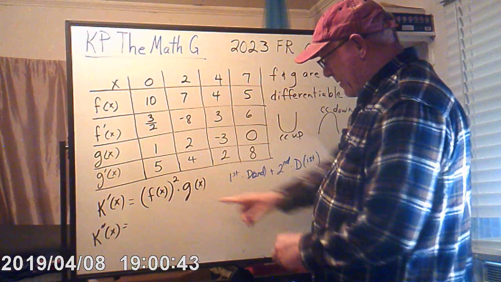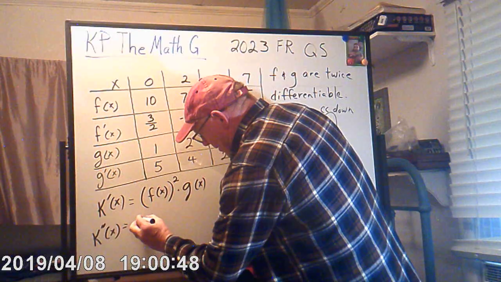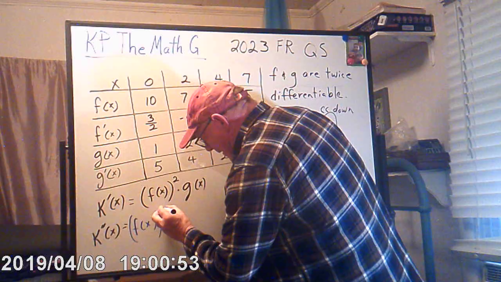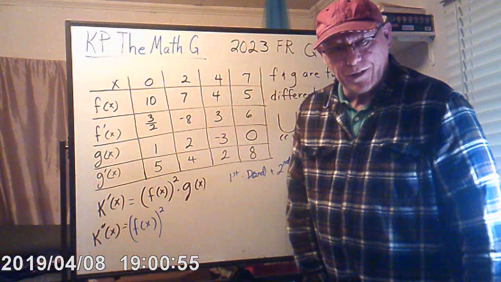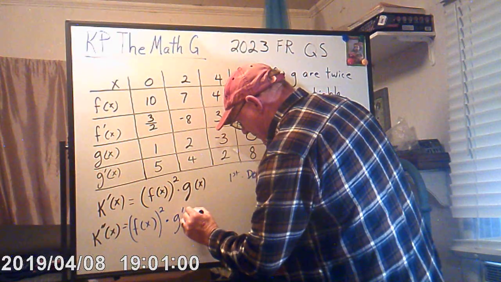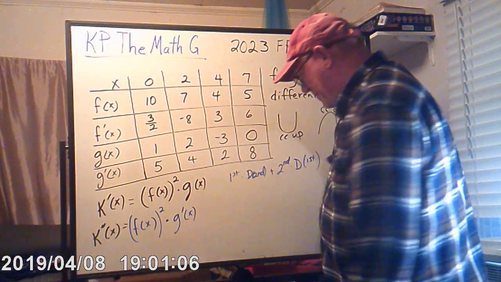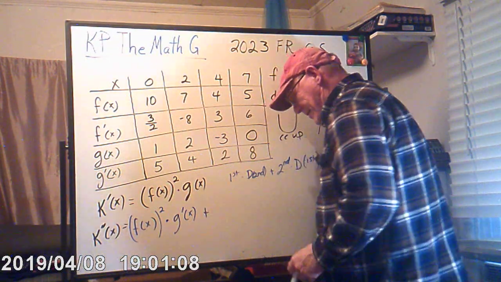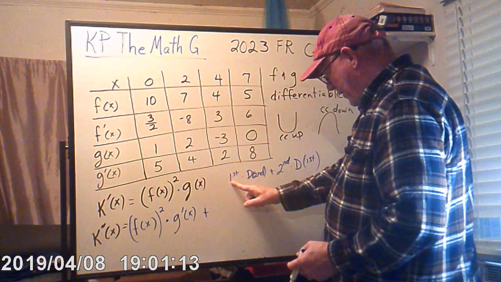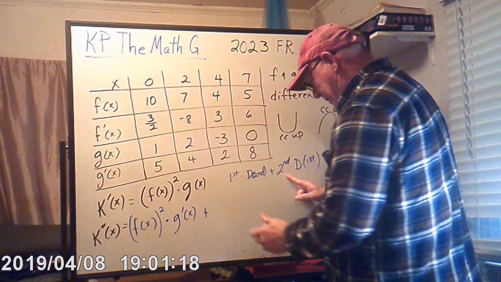So here's the first: F at x, squared. F at x is squared, don't forget that. There's your first, times the derivative of the second. Simple product rule. There we go. Now plus the first times the derivative of the second, plus the second,